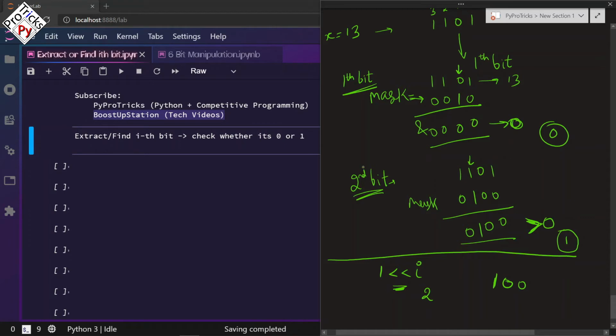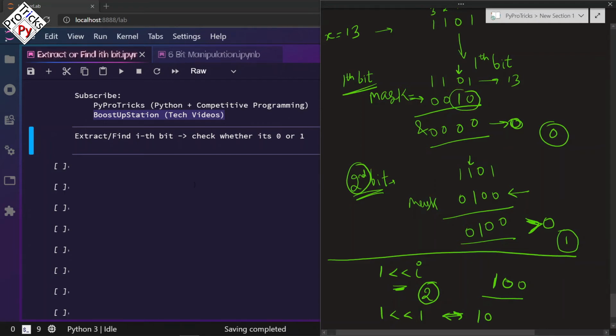If we want to find the second bit, we shift it by 2 places and it gives us 100. That is the mask here. The same goes for i equal to 1. For the 1st bit, we shift 1 by 1, which gives us 10.